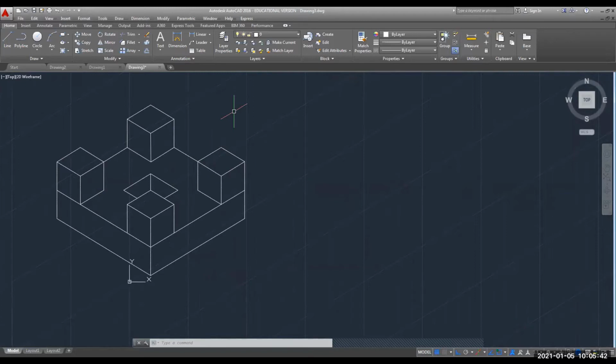Isometric mode. So how to change this into orthographic mode? I mean to ask, what is the command we have to use to switch to your orthographic mode? Isodraft. Yes, we will use the command isodraft. Using that command, we will change our working pattern. Okay, so here I will go for the command isodraft.